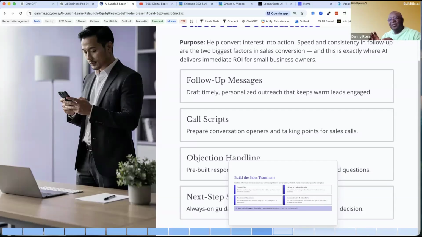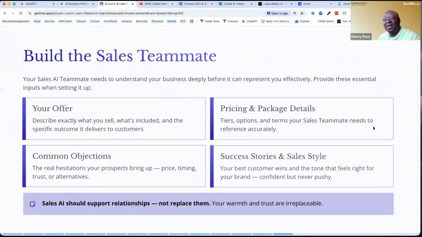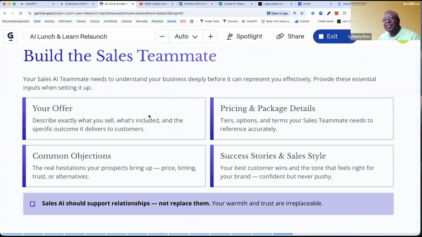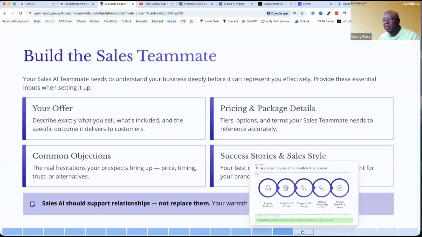But if they did respond and pick dates on my calendar that were no longer available, the AI can automatically change and adapt to that date, say, "Hey, here's a different time. Hopefully this works." And again, it can do that back and forth without me having to be involved. So that's what I mean by AI automation. So build a sales teammate. It can handle all of those things.